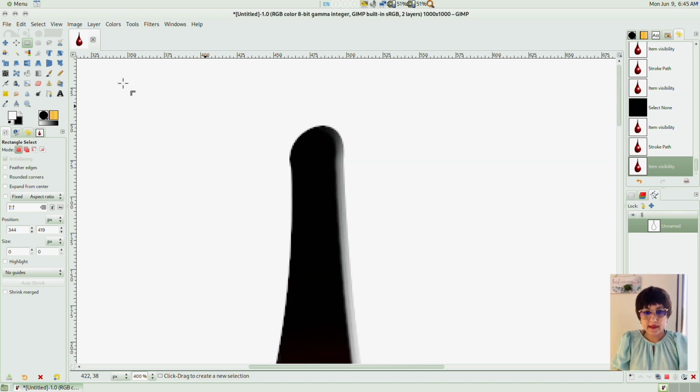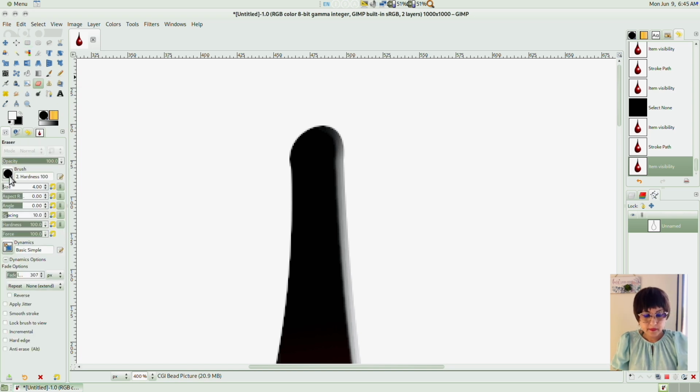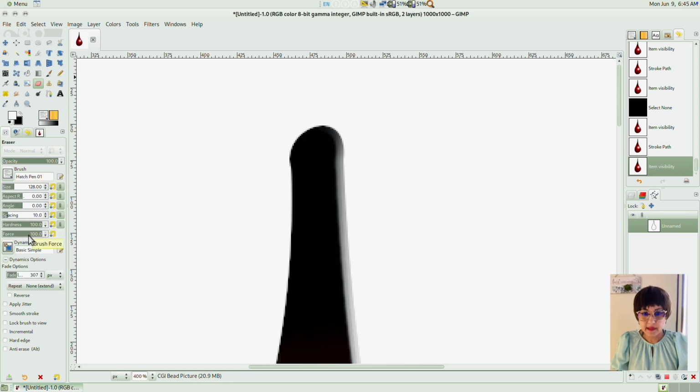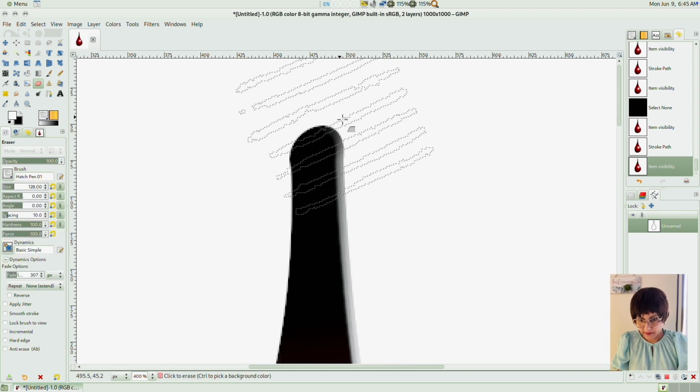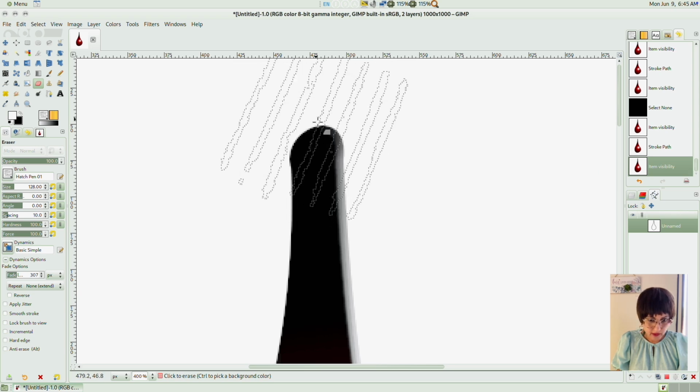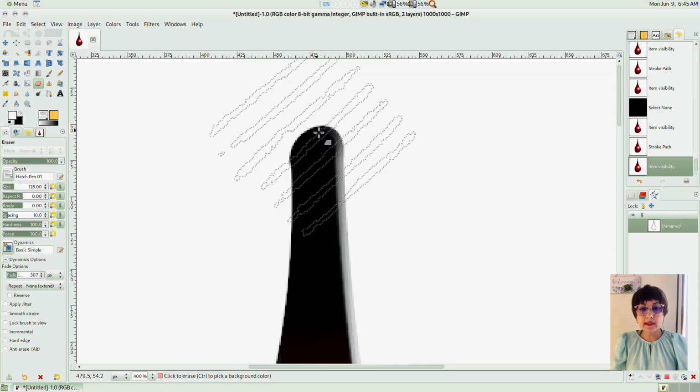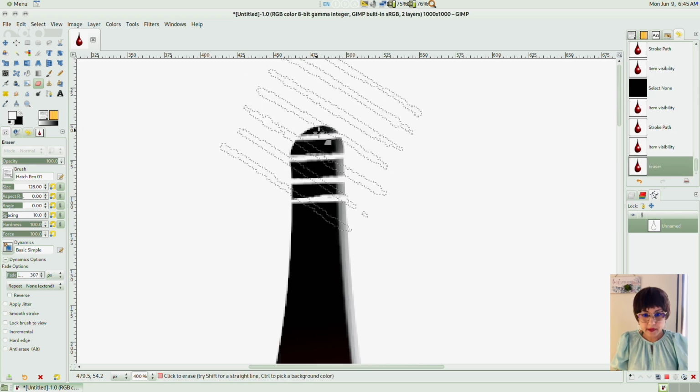The top edge doesn't look realistic. So I should probably try one of the brushes here. Maybe that might be able to get the edge to look a bit more realistic. Nope.